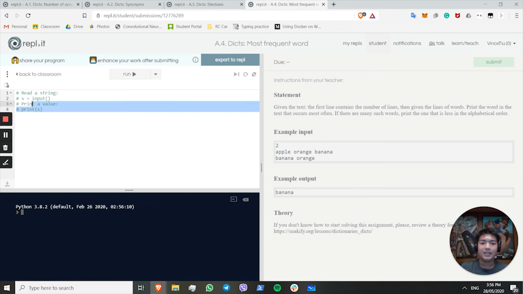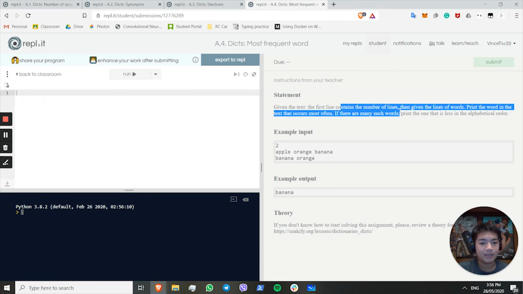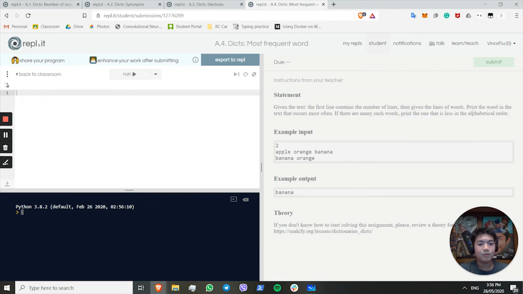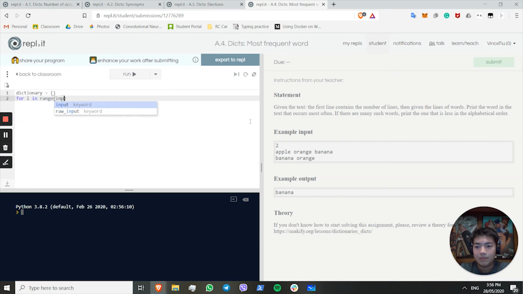Finally, we get to this challenge. Given the text, the first line contains the number of lines, and given the lines of words, print the word in the text that occurs most often. Okay, that's cool. So first we want to initialize the empty dictionary, and we want to go for i in range int input, which will loop over the code that many times, and then we want to get each input. So result is equal to input dot split. Now we want to loop over the result to get each word. So for word in result,